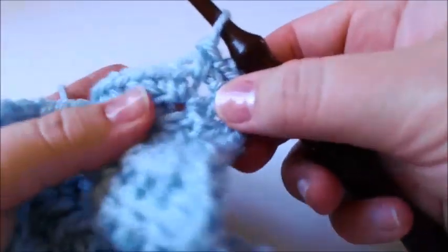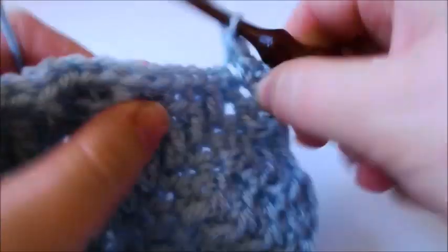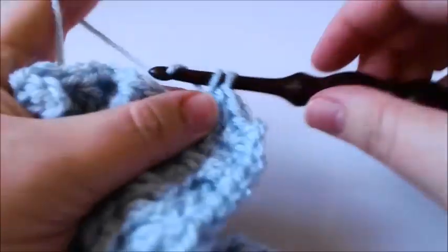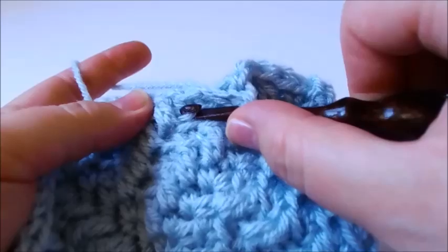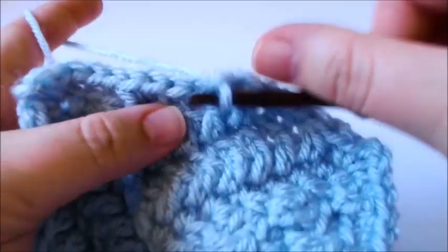Now for a side of round 9, start as always with a single crochet in the back loop only of the first stitch. And now let's work our pattern. Double crochet in the front loop only of the next stitch 1 round below, single crochet in the back loop only of the next 3 stitches. Do it again. Double crochet in the front loop only of the stitch 1 round below, single crochet in the back loop only of the next 3 stitches,